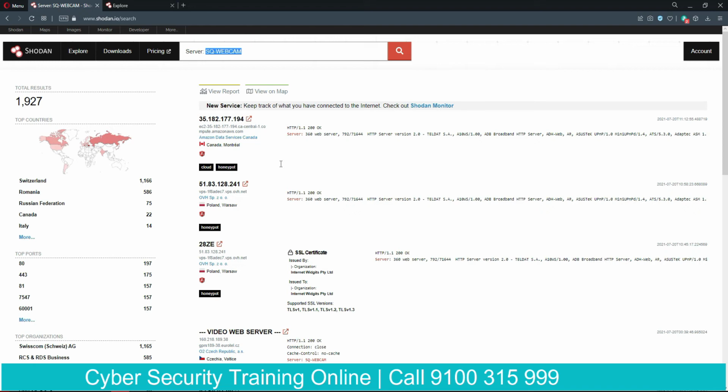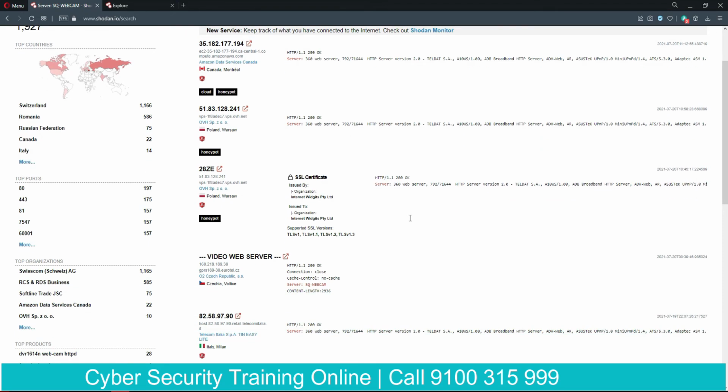For example, here you can see this particular device has a banner, and this is given to any device on the internet. So for example, here HTTP 360 web server, and then the web server version, and you can see the other details of the banner here.